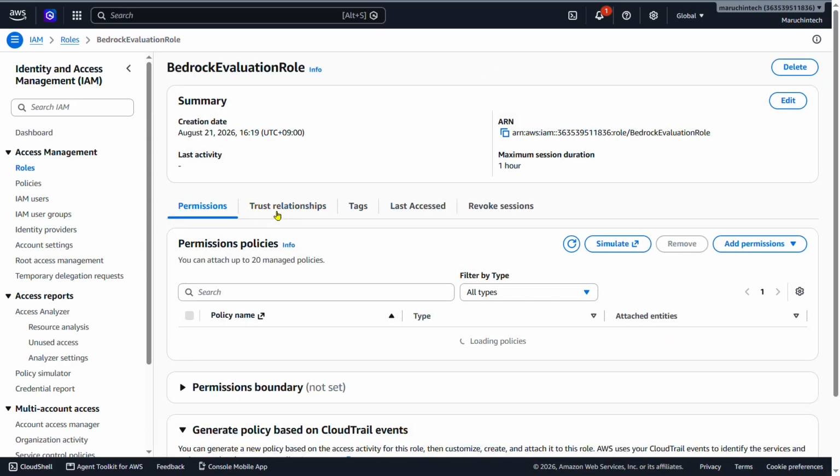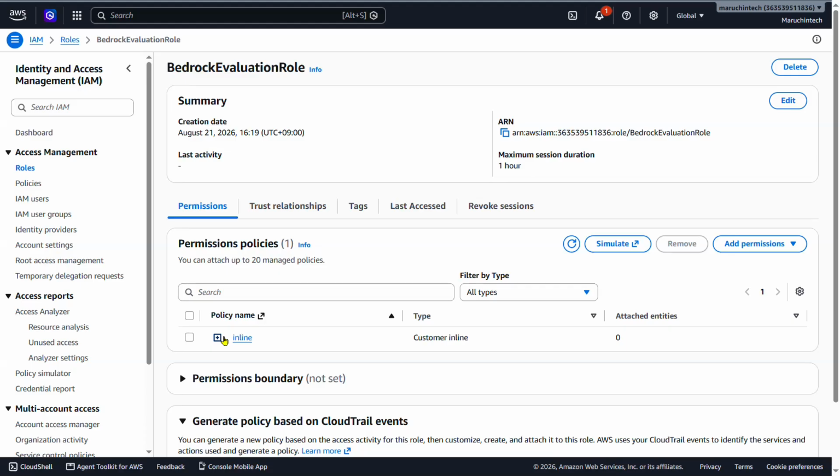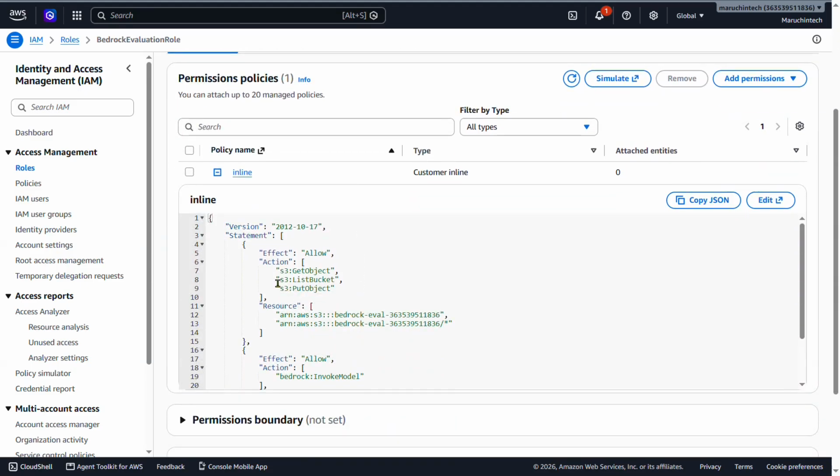And in the trust relationship, the principal is bedrock.amazonaws.com, and then under the permissions, in the inline policy, confirm it includes the S3 get, list, and put object permissions, and the Bedrock model invocation permission. So with the operation done, next go to the